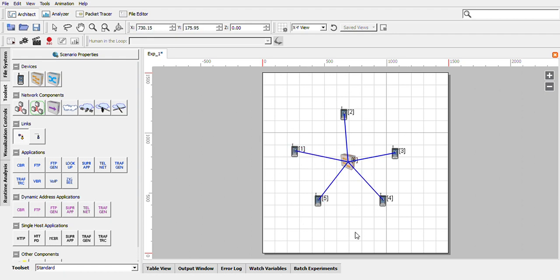Now this is a star topology again, where the nodes in this topology have been interconnected by using a switch device. And again, as usual, if you run a simple application, go with a constant bitrate traffic application, and you can run from 1 to 5 or 5 to 1 or 4 to 5. Now let us run from 2 to 3.